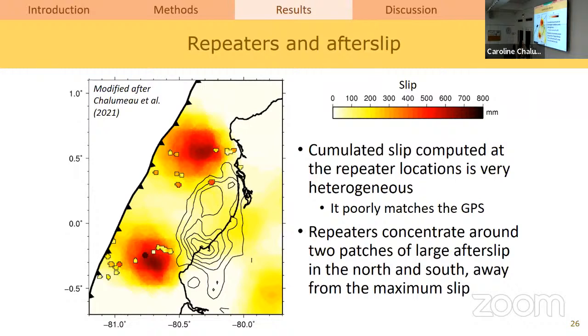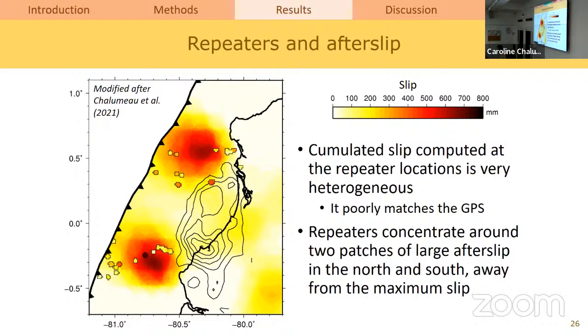So we have here, I'm showing the outline patches, or the repeaters and their accumulated slip over 1 month. And then the background that I'm showing here is the afterslip. And what you can see is that, generally speaking, the two types of slip don't really match very well. And there's also a lot of heterogeneity even between families of repeaters that are actually quite close together. Additionally, another thing that we can see in this figure is that these repeaters really don't happen where the slip is high. And instead, they tend to concentrate on the edges